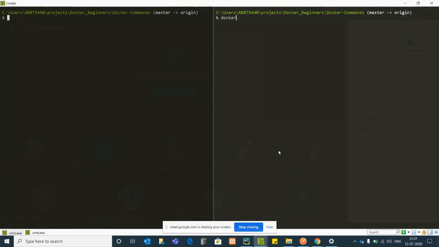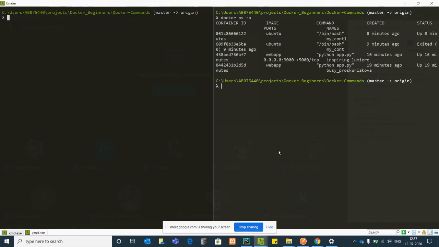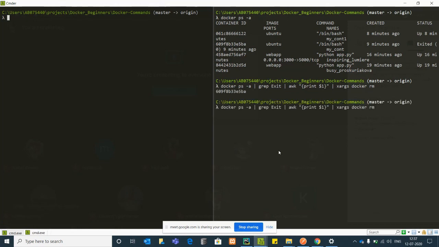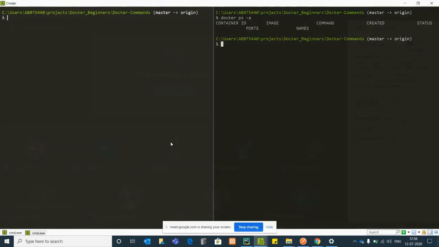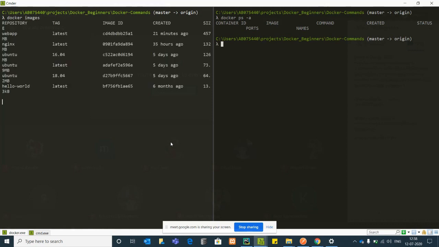First let me clear all the containers. Okay, we'll see these many images are there now.